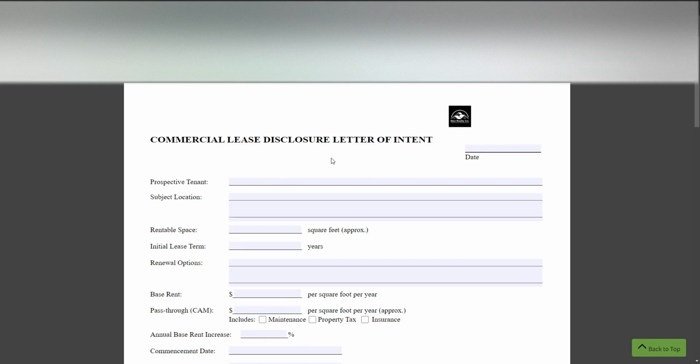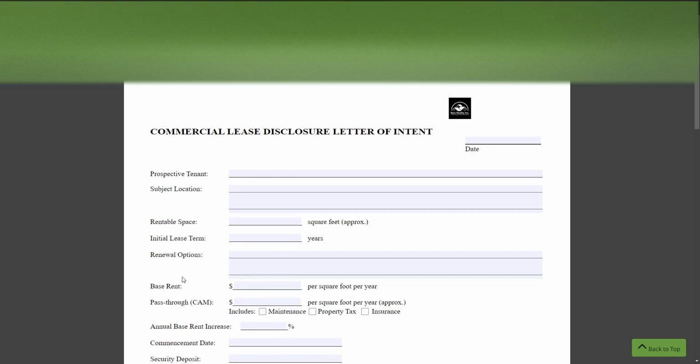But enough about that. Let's start talking about the LOI, because that's probably why you're here for this video. So the LOI is just an initial offer. It's not an actual lease or anything. It just states the terms of what usually the tenant gives to the landlord, of what they're looking to rent the premises for, just basic information as we'll go through here.